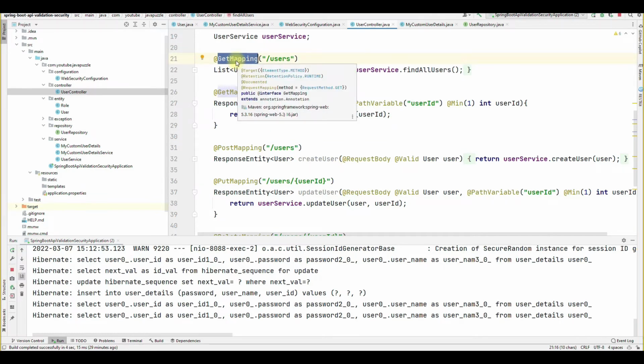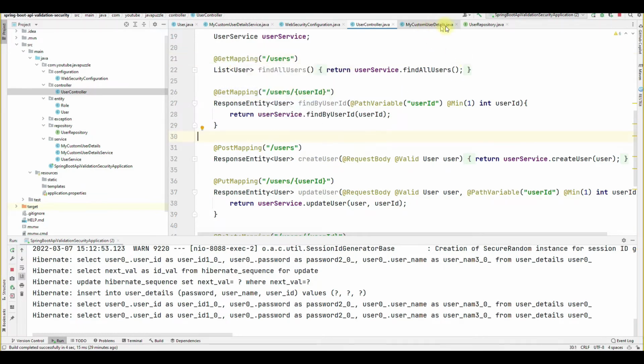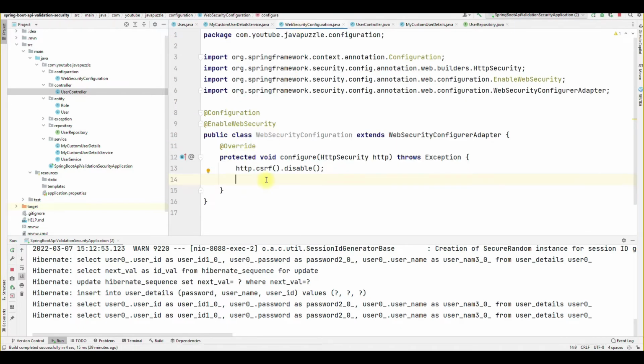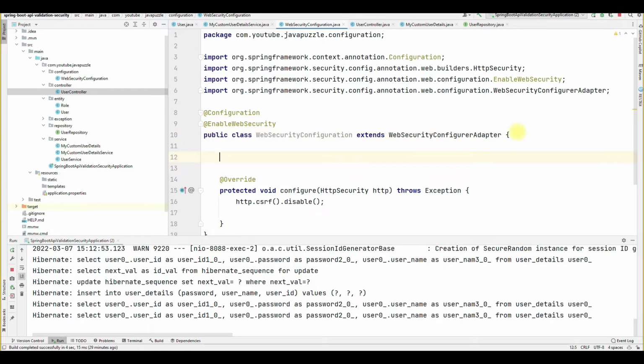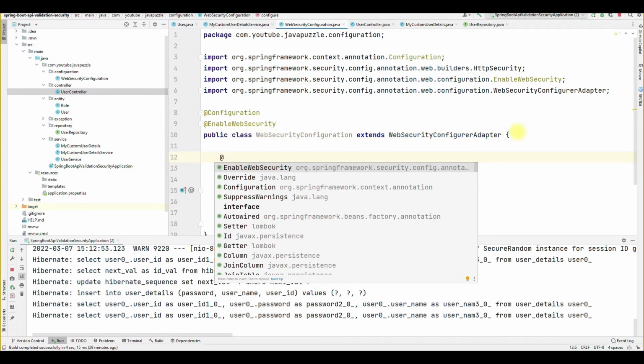For this, let me do one thing first. In the security config, if we do not define any password encoder, it will store our password in simple text, which we don't want, right? So for this let me add some beans here. First, we have to create a bean of the BCrypt password encoder, which we are currently using.